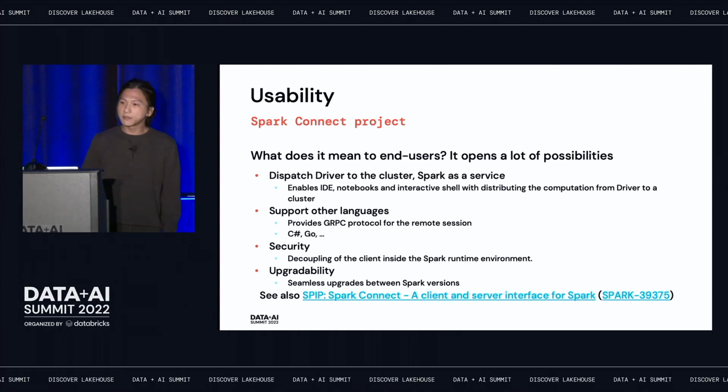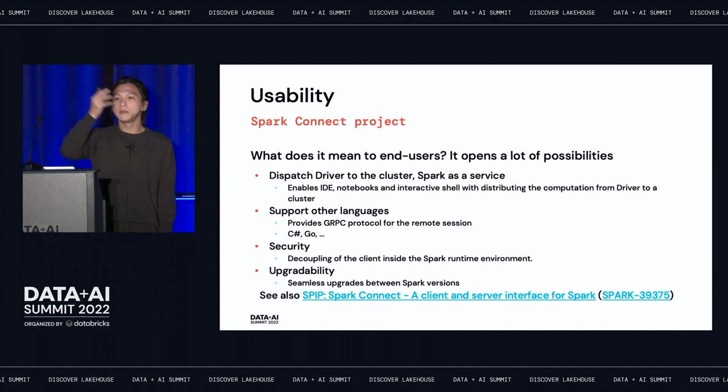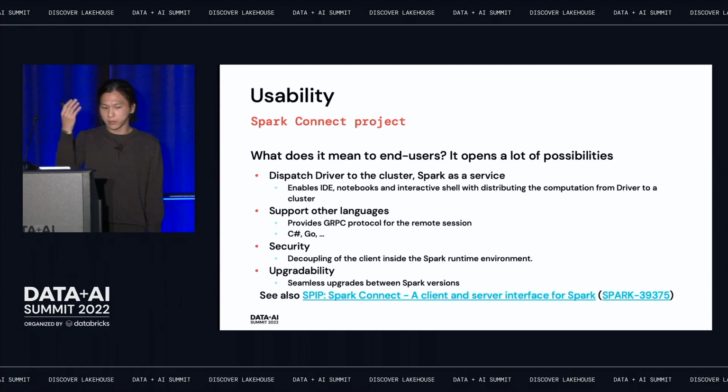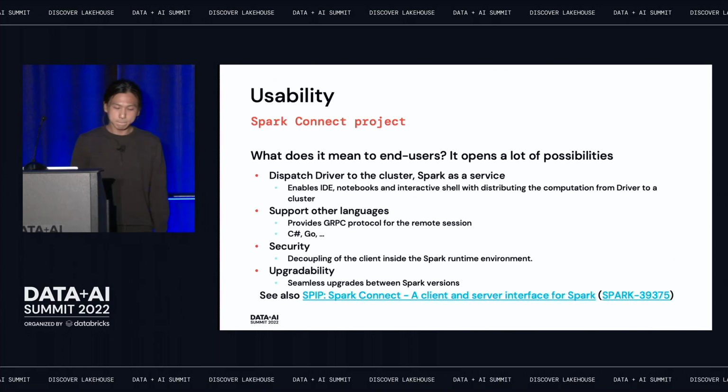But once we have this standard RPC protocol, we can very easily implement other languages. We will just have one library that has the logic of the connection. It doesn't even need other dependencies. It just implements the RPC protocol, and then that will work with the Spark driver right away.